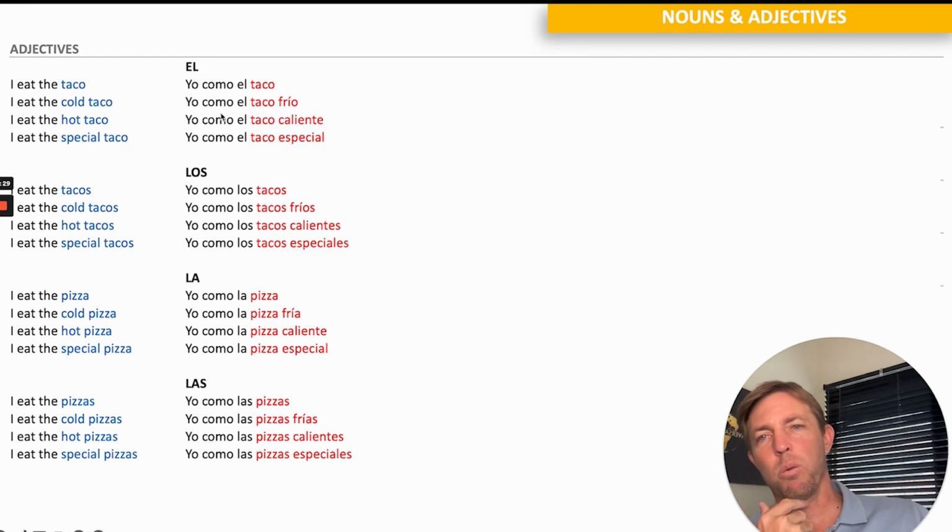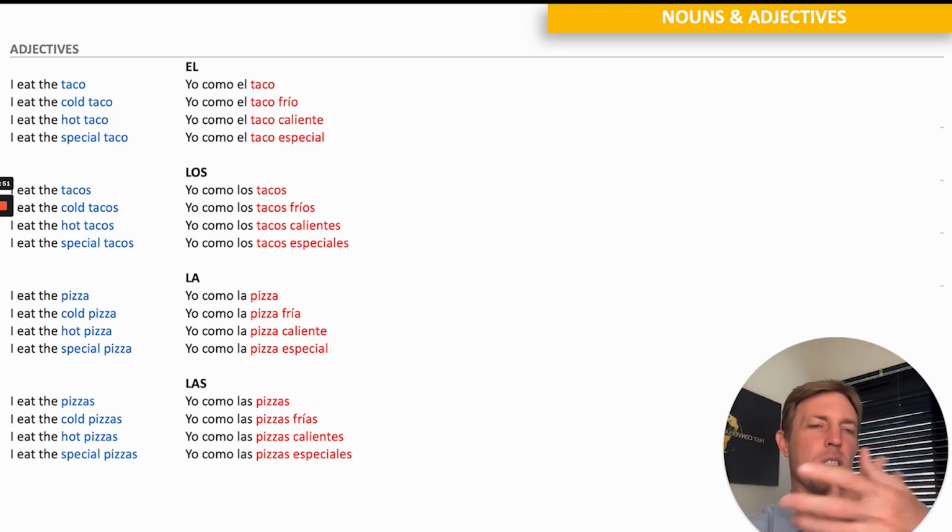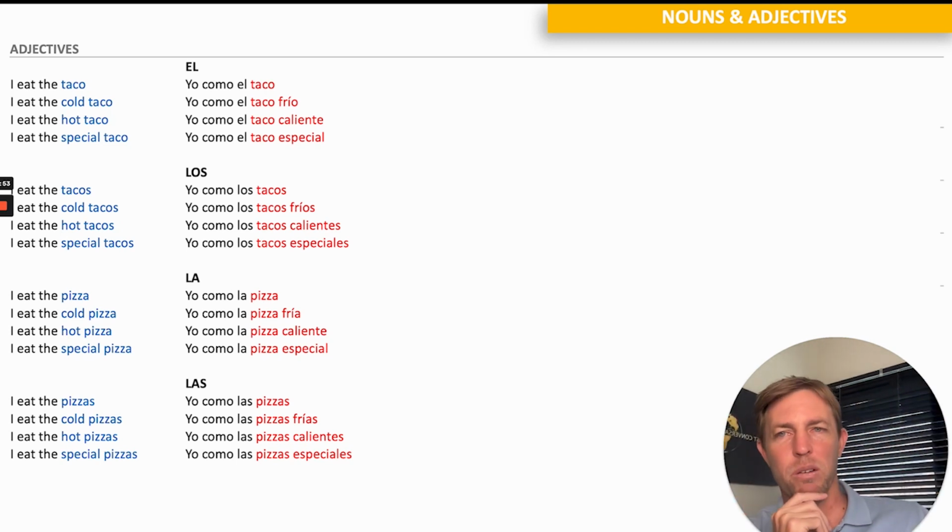What's going on here? What do I want you to notice? Two things, maybe a few things. First, the adjective goes after the noun. In English, it's adjective noun. In Spanish, it's noun adjective. Again, you won't memorize that. You only can get that through muscle memory, repetition. So don't worry if you get your brain all confused. Don't overthink it right now. All right? But the adjective goes after the noun.